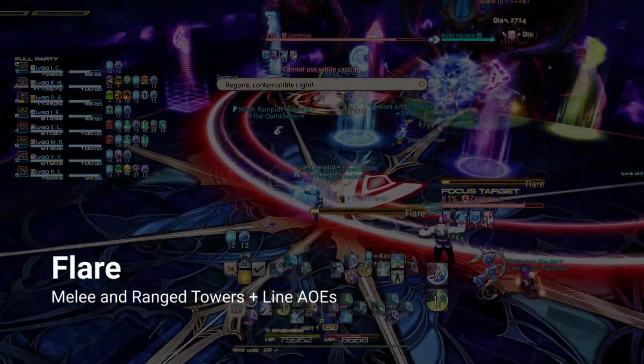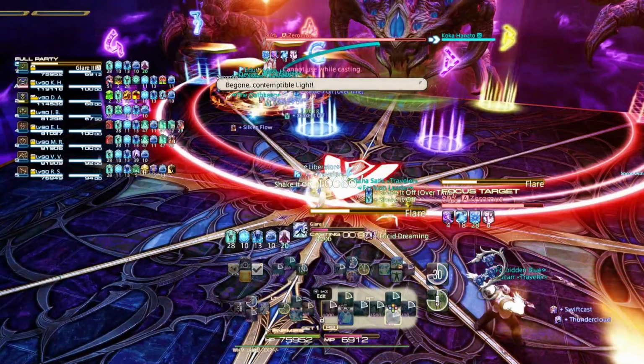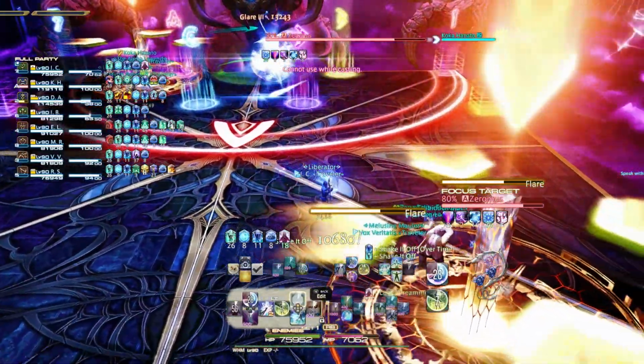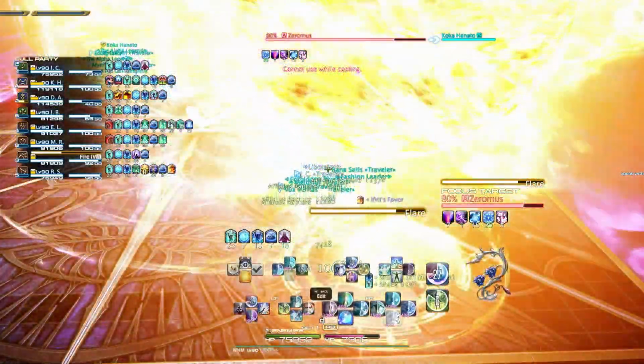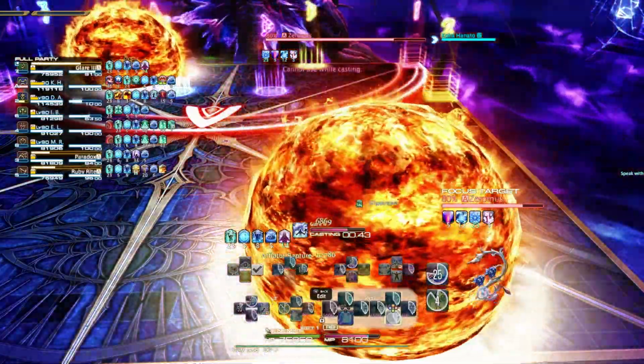Next, Zeromus will cast Flare, which spawns 2 large towers in the northwest and southeast corners of the map. We want 4 players in each tower. For this mechanic, we split into 2 groups with melees handling the north tower and range in the south to maintain uptime. After the tower is soaked, a fire orb will linger on each tower, so move away to avoid